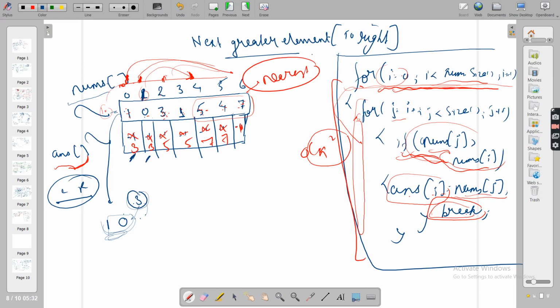So now guys, are they really needed to find the NGE of other elements? Because obviously if you find the NGE of another element, you'll go right, you'll not go left. These elements are left of this 3, so they are not needed anymore. So here we can remove them directly.